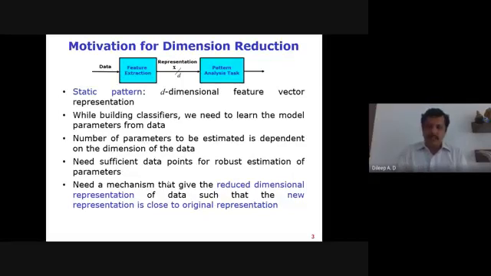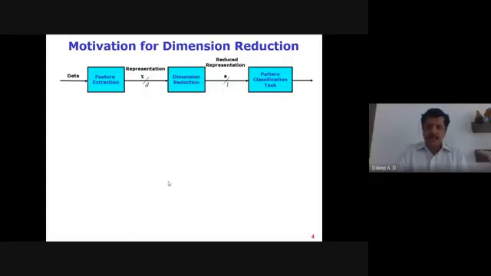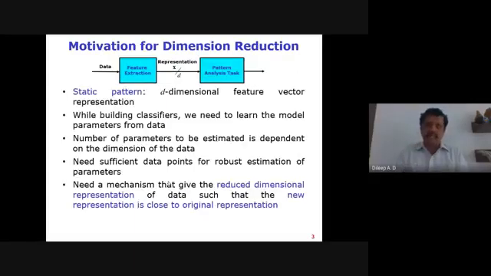Here there is one subtle thing I just wanted to differentiate. Suppose you have d number of features. If you select some subset of the features, that's what is called feature selection. Your feature values are not going to be changed, but you are selecting only a subset of features. That's what feature selection is considered. We are not talking about that.